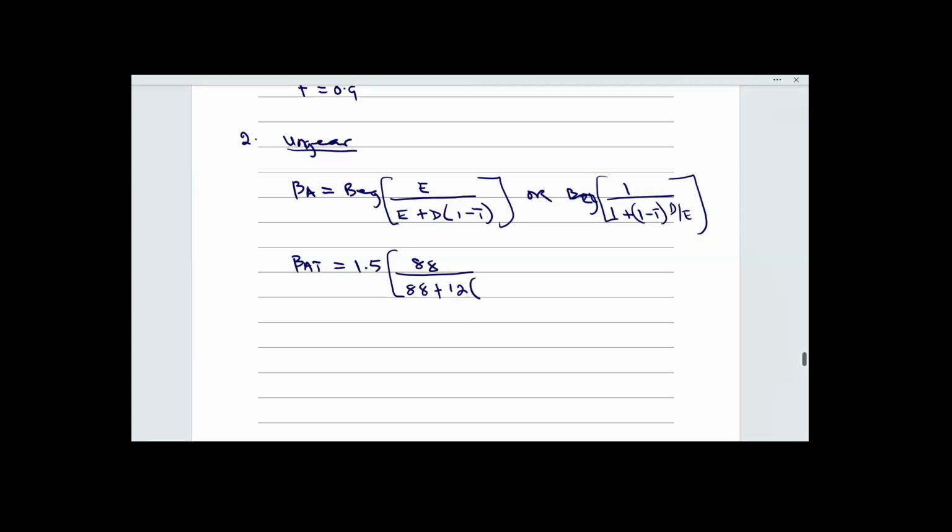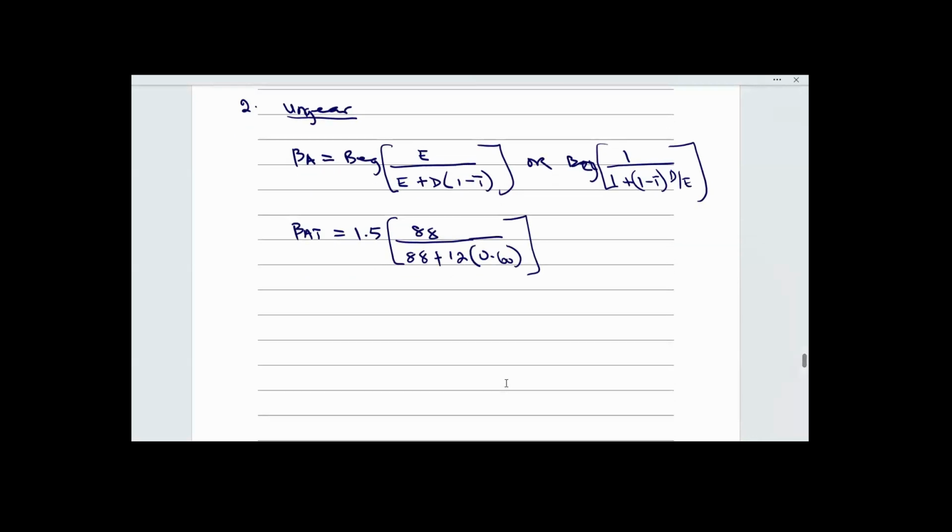Done. What's the tax rate? The tax rate given to us is 40%. So 1 minus 40% will give us 60%. That's it. So for training, I would then say